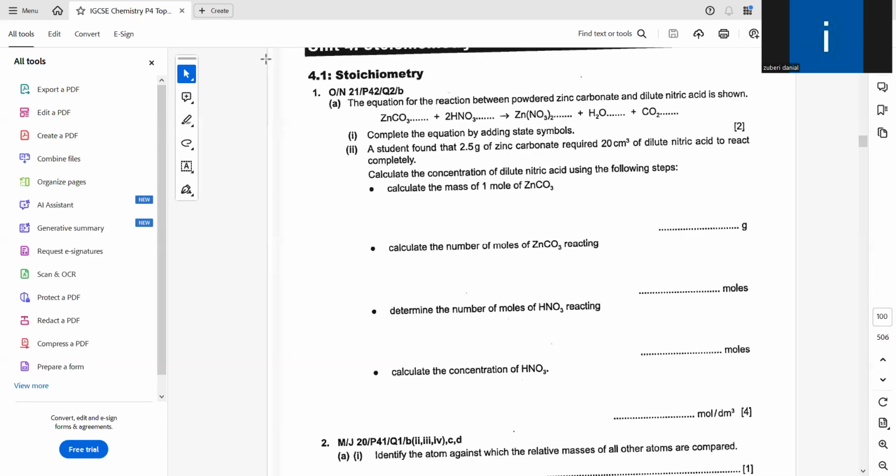वैसे स्टेट सिंबल्स का मतलब होता है कि you are talking about a solid substance, are you talking about a liquid substance, or are you talking about a gaseous substance? Obviously बात है,